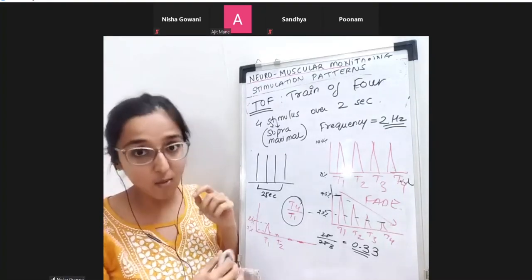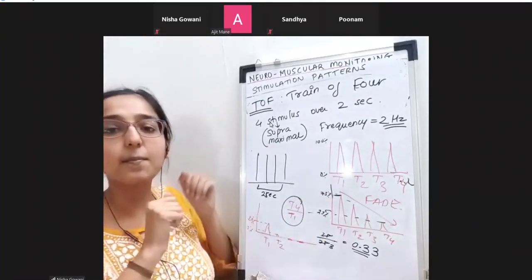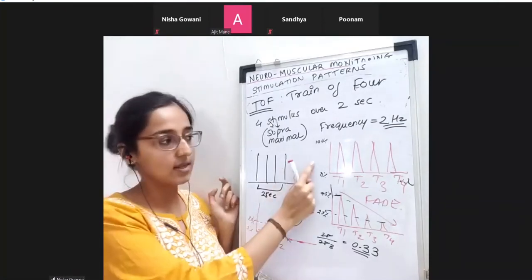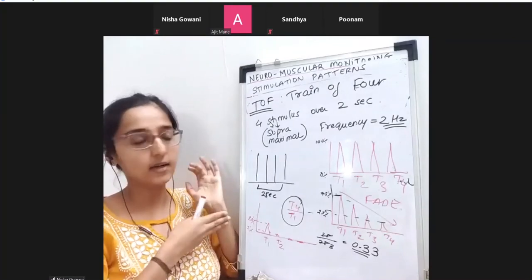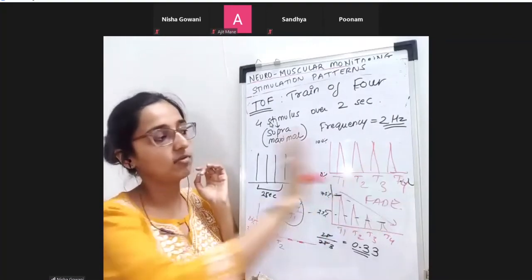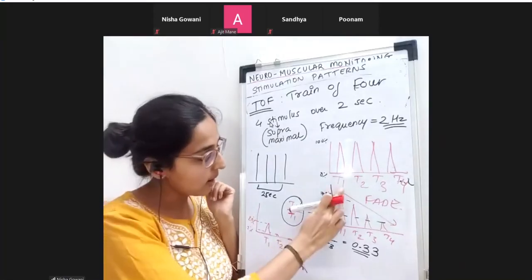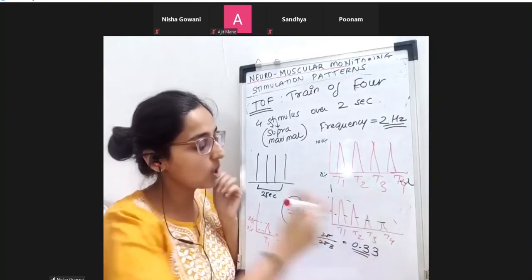Okay. Now I will tell you. Suppose I am going to give choline. The case has not yet started. I have done this basic. I'll press the TOF button, the current went, the stimulus came: 1, 2, 3, 4. Now I will give choline. Everybody agrees with me, fade is not seen in choline.